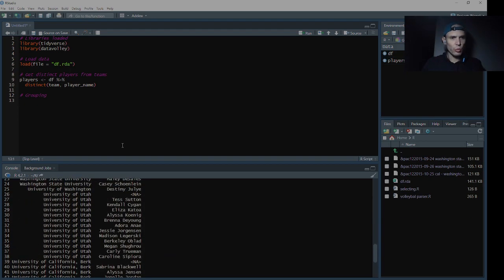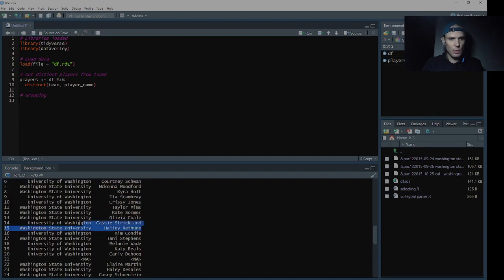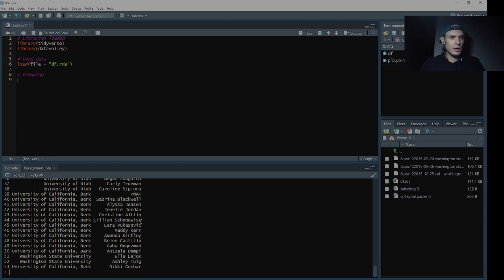So I want to group. I think most of my matches are from Washington State. So I want to group Washington State, right? I just want to see which player had a lot of attacks, let's say. We're not going to do any filtering yet, just grouping, that's it. So I actually probably didn't need to do that now that I think of it. But that is a way to create an object with additional data from a select or a distinct, which is actually not a bad